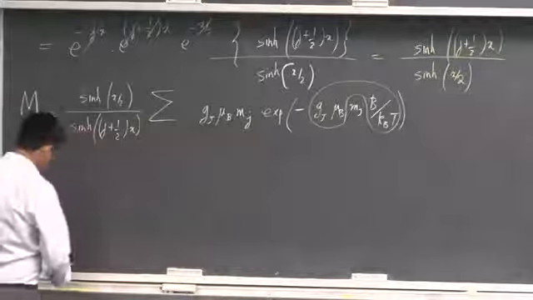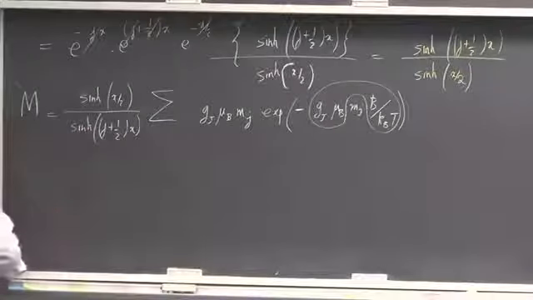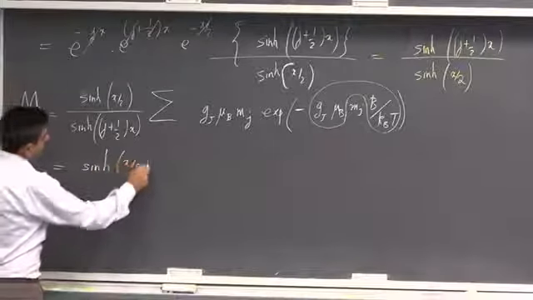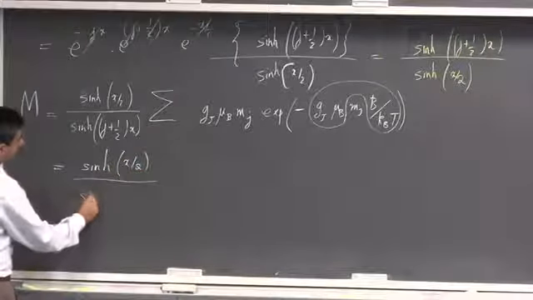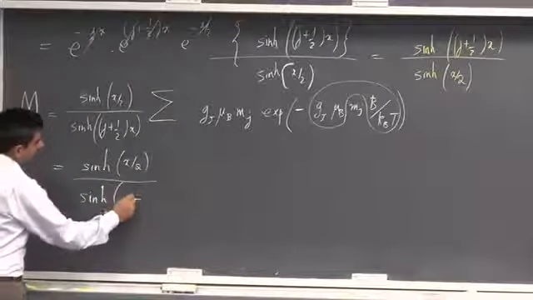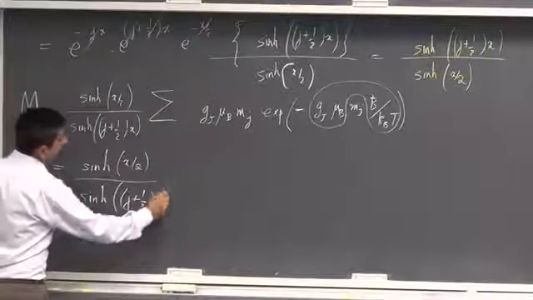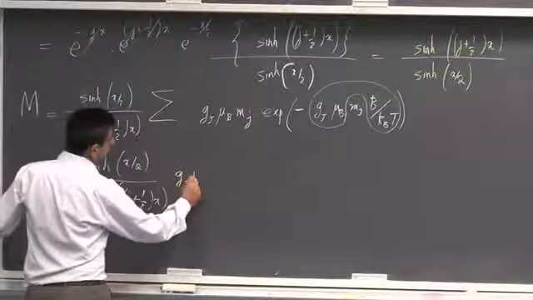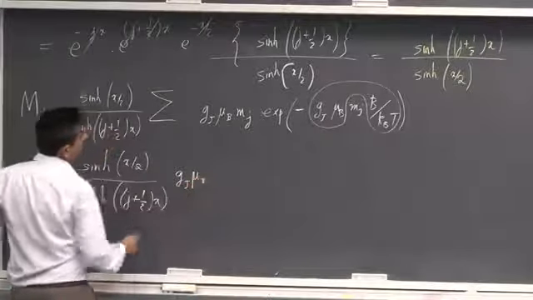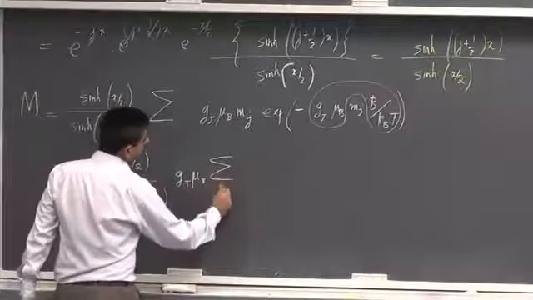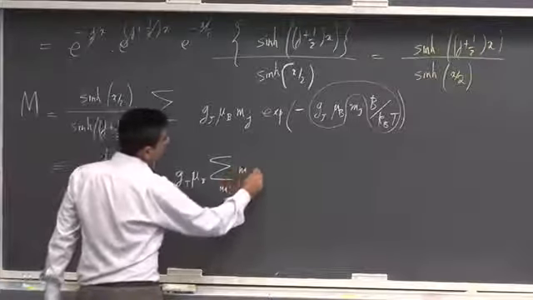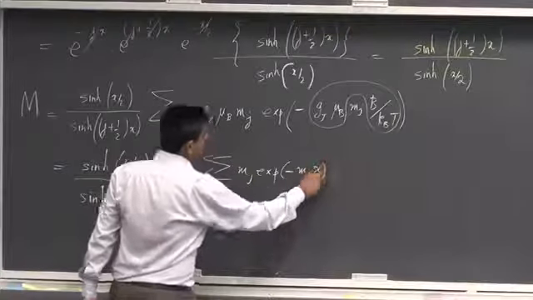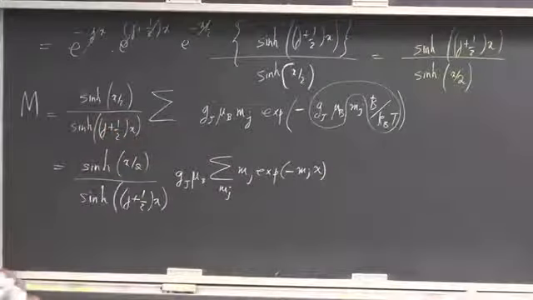Okay, so I have sinh of x over 2 divided by sinh of (j plus half) x, gj μB is a constant, I can take this outside, and I'm left with the sum over mj of mj exp(-mj x). Now if you look at the partition function,